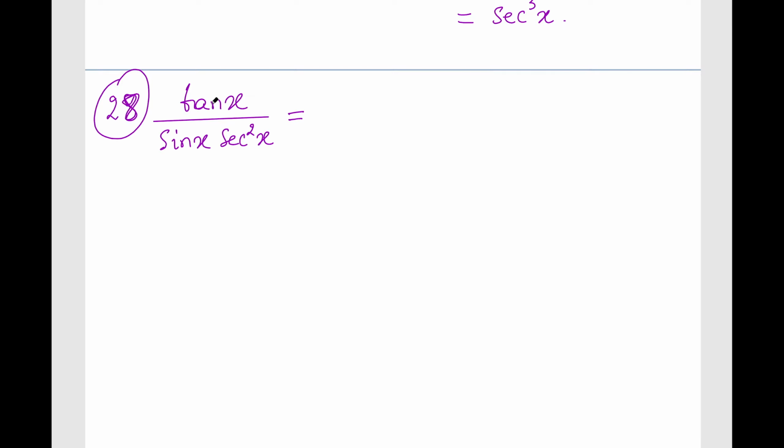All right. Well, tangent is sine over cosine, so let's do so immediately. So tangent is sine of x over cosine of x. And secant is 1 over cosine, right? So secant squared is 1 over cosine squared. So we get sine x times 1 over cosine squared of x. One more time, why is this the case? Because secant of x is 1 over cosine. The square of secant becomes the square of this, which means 1 over cosine squared. Okay. All right, and this is equal to,